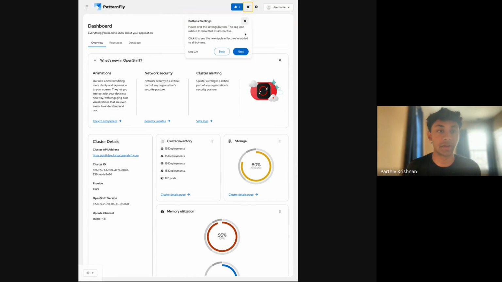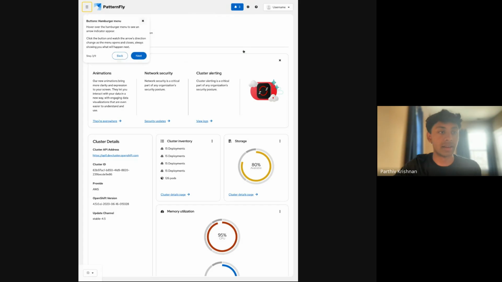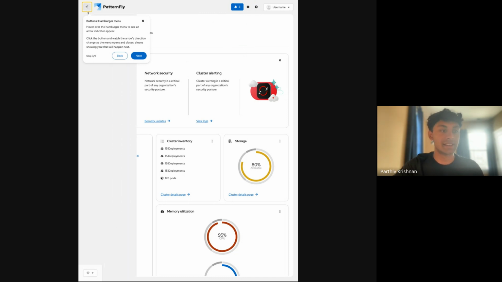this is the next animation with our settings icon. So if you hover your cursor right over the actual icon itself, you'll notice that little gear rotates. That's an animation right there. If you click Next, this is the next animation with our hamburger icon. So again, this is an animation that only occurs on hover. So if you put your cursor right over the icon itself, it gives you the option to expand the sidebar and close the sidebar, and it's a different animation each time. Just like that. And if you click Next,